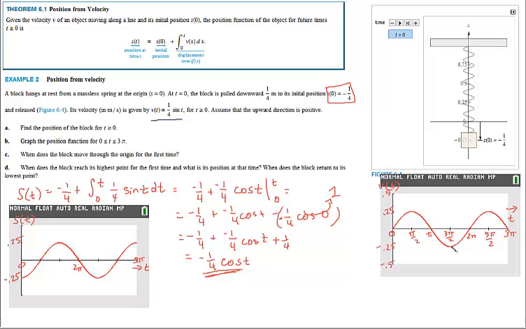And then when it goes through its resting spot, it starts slowing down again, and here's where it reaches the bottom again. And you can see that corresponding over here on the position function. Got to remember which graph I'm looking at to see what's going on. So these positions correspond to